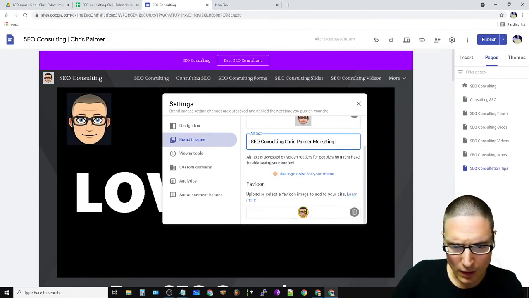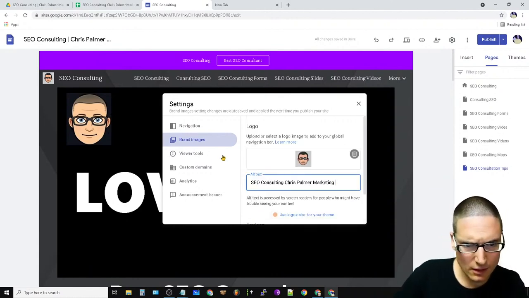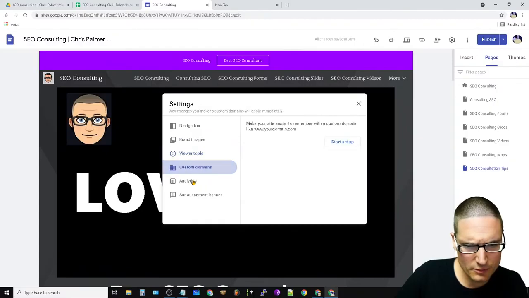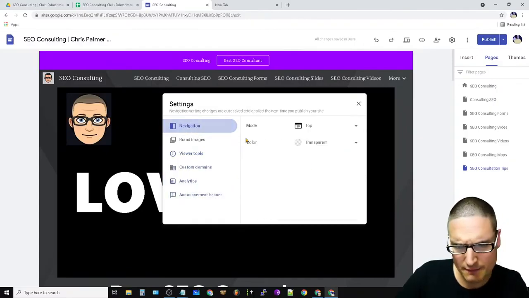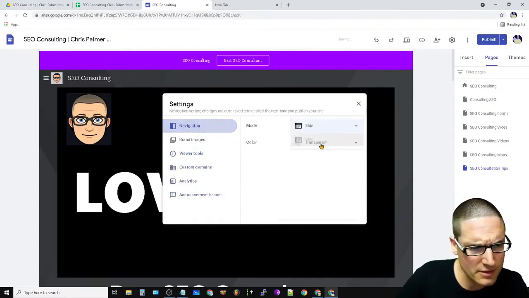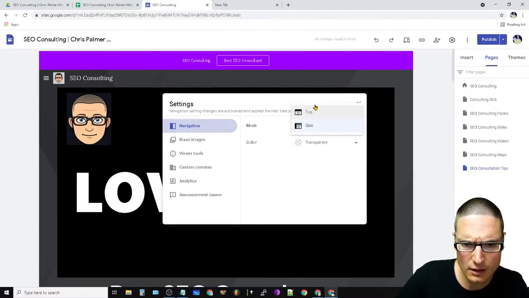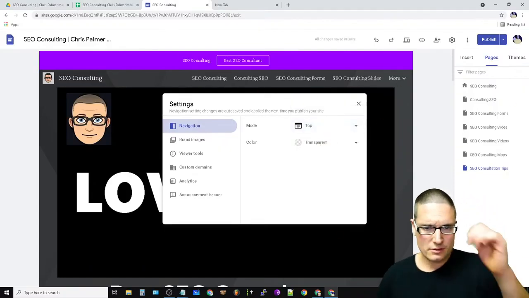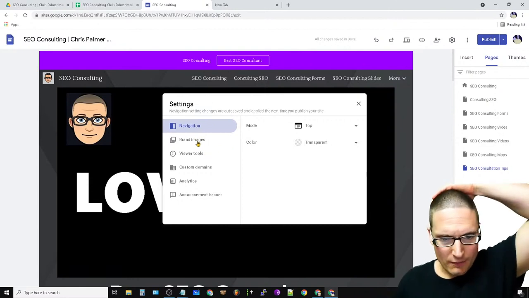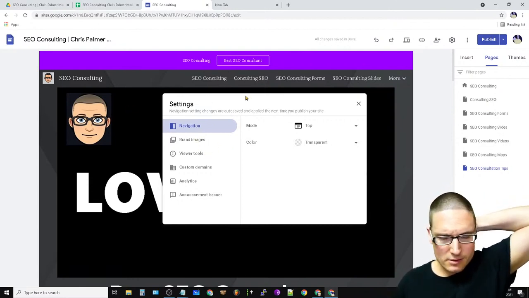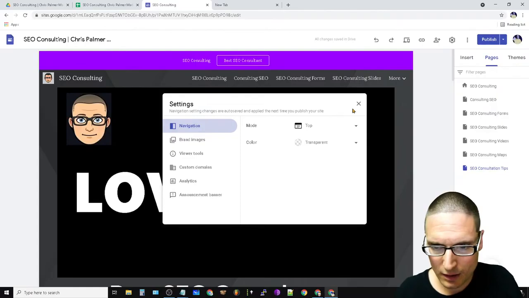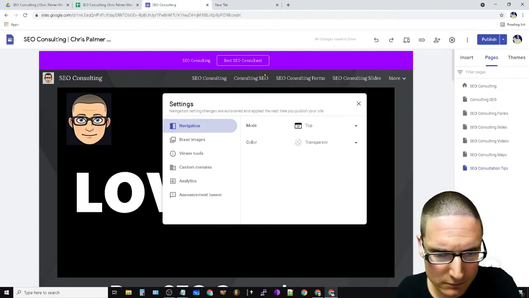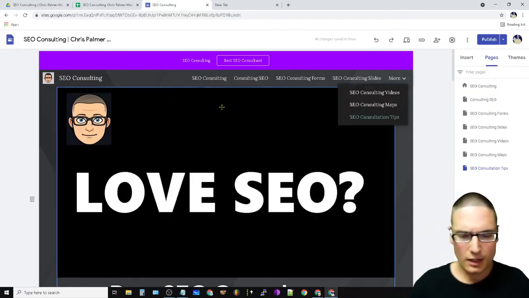Okay. Favicon, yes. Viewer tools, custom domains, analytics, and navigation. Okay, so let me see what the site looks like. Yeah. I want it up at the top so you can see. Okay, so now the piece up at the top is a banner. I like them. You know, it's another place to have it. All right, so let's talk about structure here.